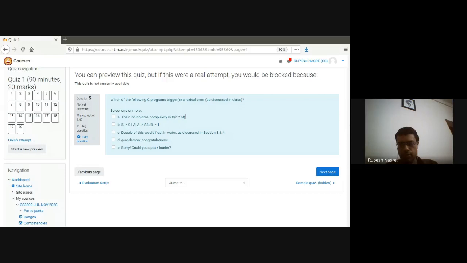Doesn't this question depend on how strict your lexer is? Some less strict lexer may let this go through to the parser. That is fine, and I actually thought about exactly the same thing, and therefore I added "as discussed in class" just to save myself from this. You can do everything in the parsing stage, so that argument can be given, but we are saying that as much as possible should be done in the lexical analysis, in a generic setting. It should be applicable to all possible things. For example, whether it's a real number or not should be doable in the lexical analysis part, although you can push it to the parsing stage.